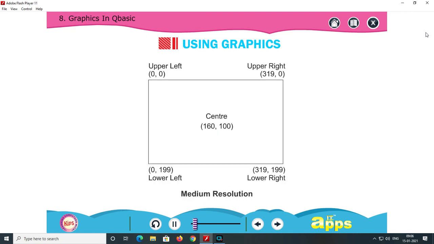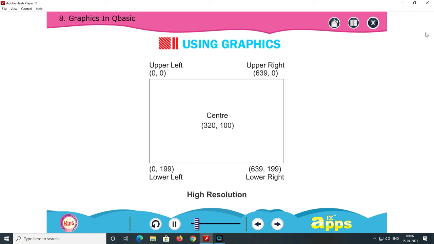For medium resolution, the upper left is 0 by 0, the upper right is 319 by 0, the lower left is 0 by 199, the lower right is 319 by 199, and the center is 160 by 100.